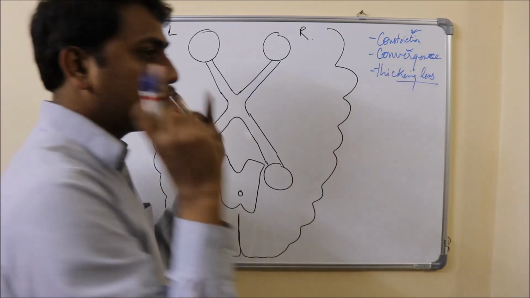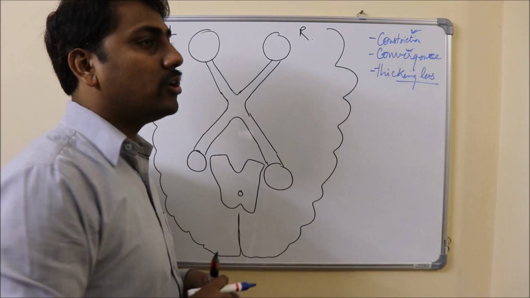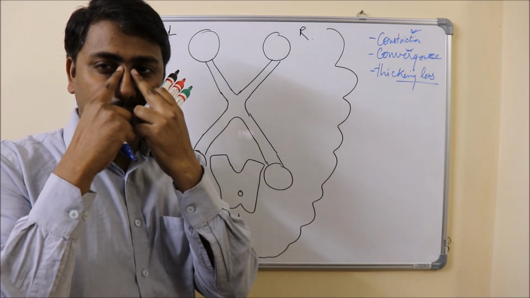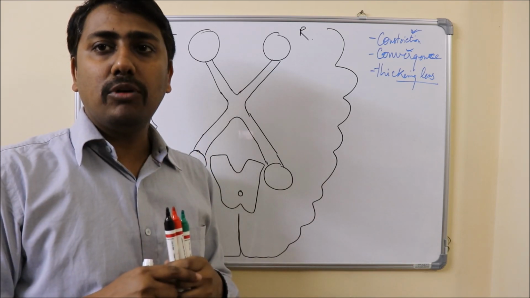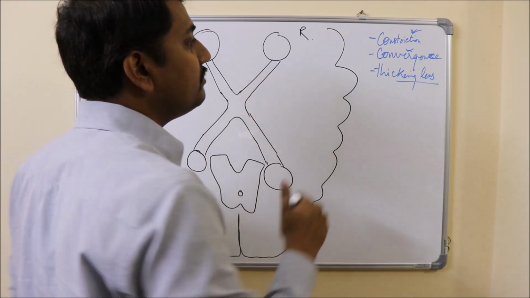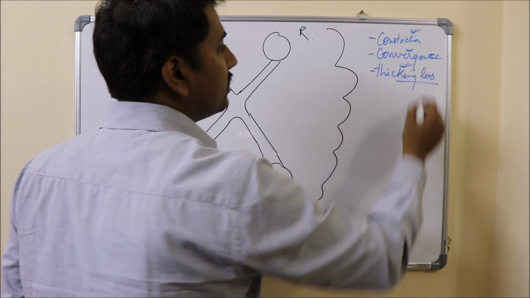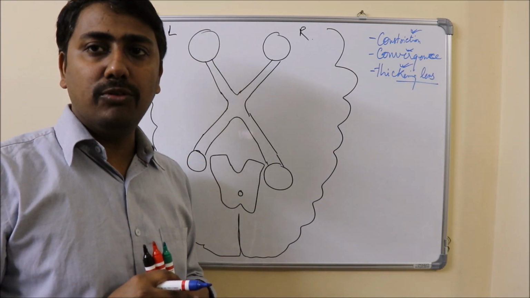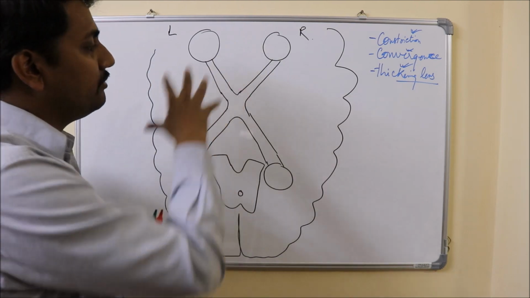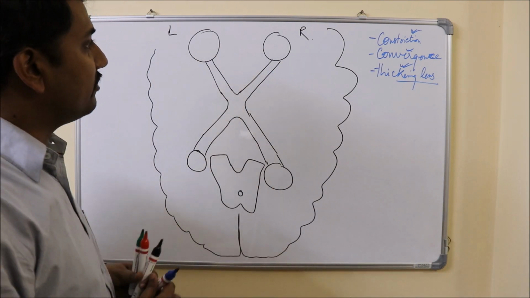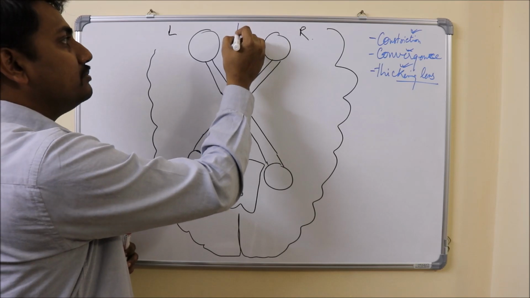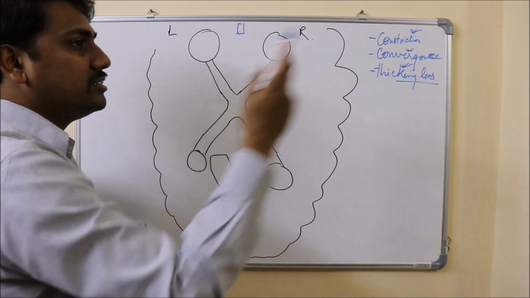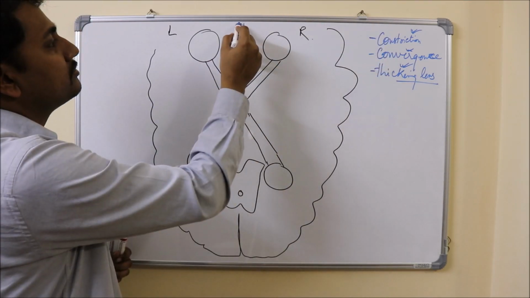Convergence of the eye towards the object is brought about by these two muscles which are present medially of the eyeball, known as the medial rectus muscle, and thickening of the lens is produced by the contraction of an intrinsic muscle of the eyeball known as the ciliaris muscle. So let us see what happens in the accommodation reflex. Whenever an object is brought from a distance towards the eye,